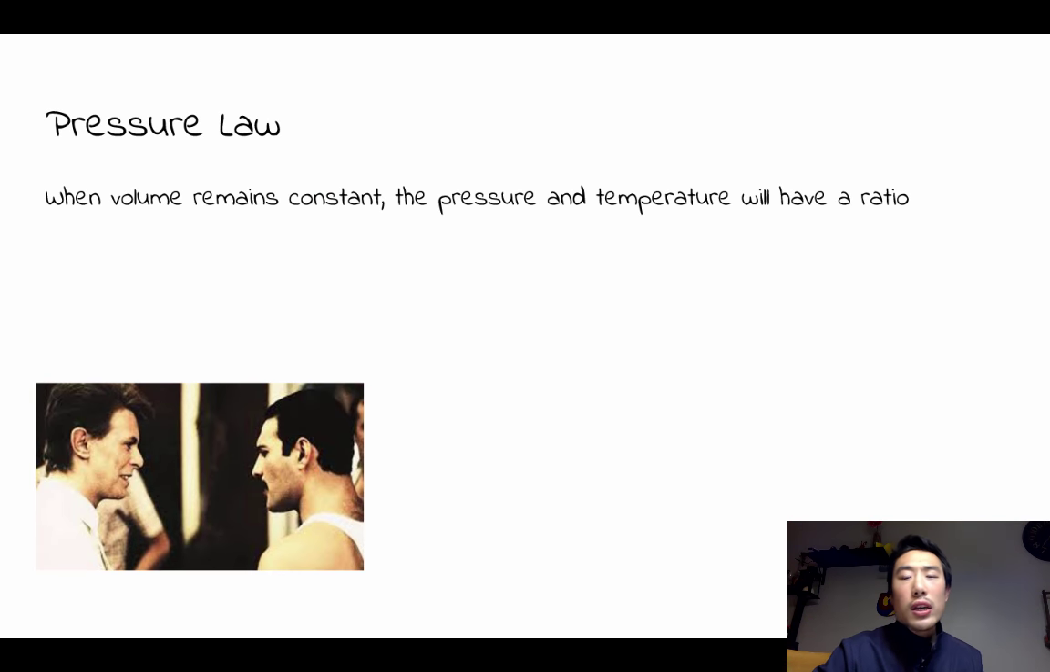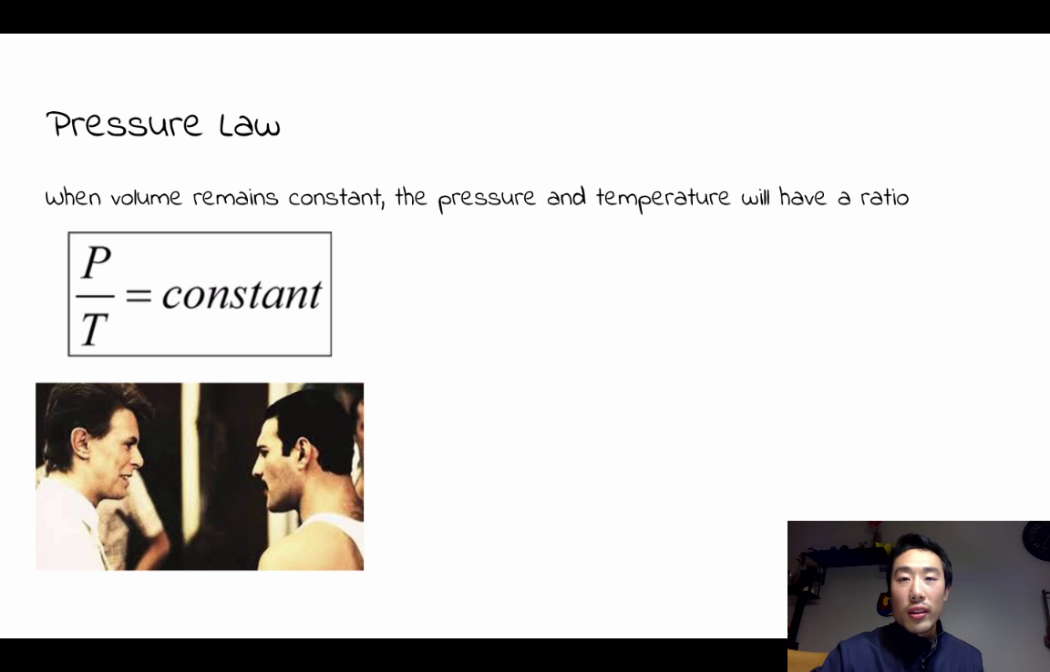All right, last but not least, we have the pressure law, found by no particular scientist. And so I put a picture of David Bowie and Freddie Mercury, who sang the song Under Pressure. And they said once, when volume remains constant, the pressure and temperature will have a ratio. And we can write it like this. We have pressure in the numerator and temperature in the denominator, and that is a special ratio that will always